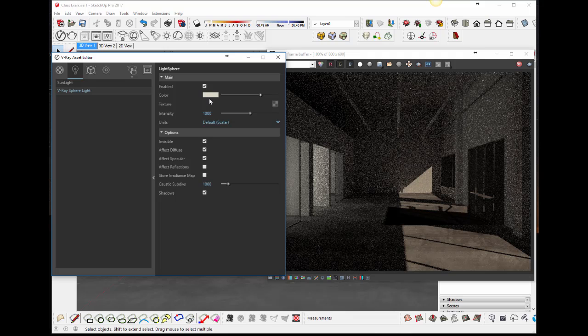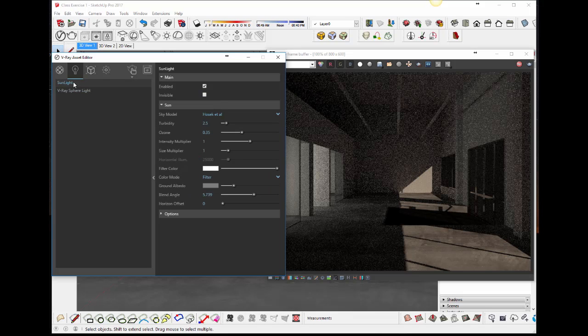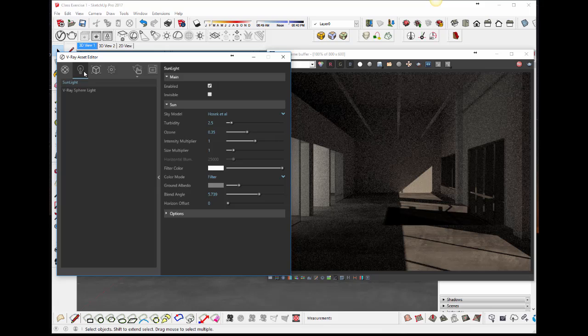But next I want to really try and get that sunlight to work in the sky in the background. So I'm going to click on the sunlight under the light menu. And you can see that it's enabled because there's a tick in it. Under the light menu, just above the sphere light, we've got the sunlight. If you click on that, you get the options for the sunlight. And there's different sky models, so I'm going to try and change the sky model. At the moment it's at some random name. So if I drop down and I'm going to choose